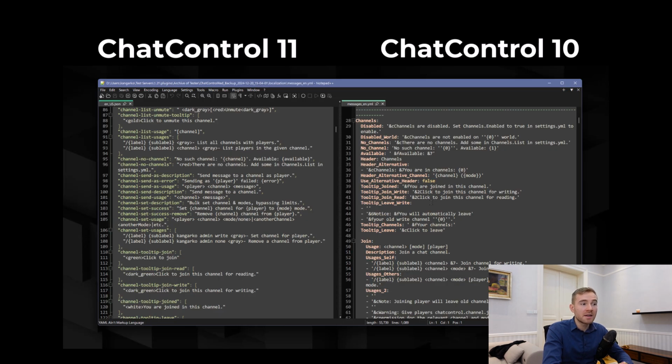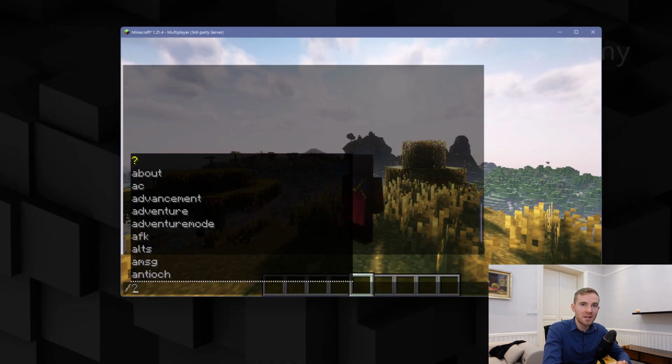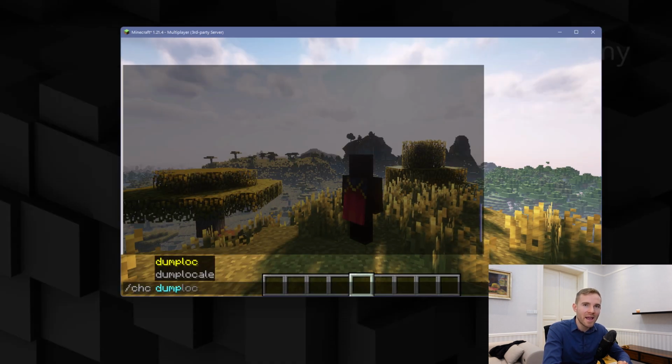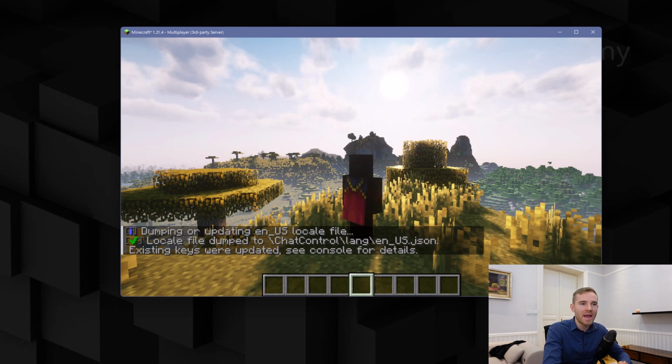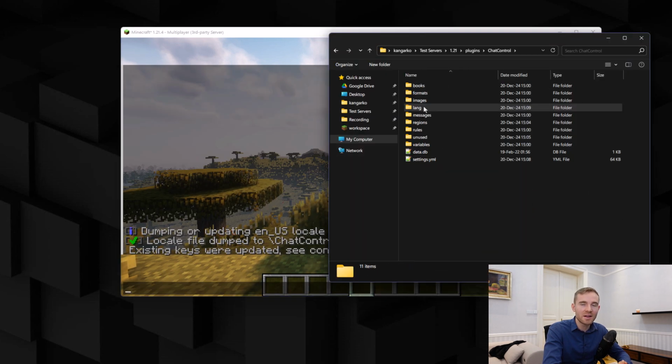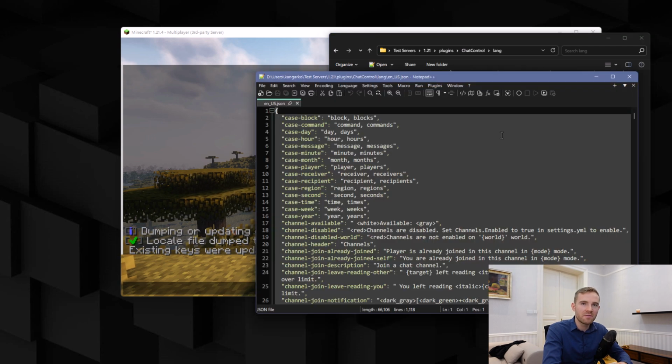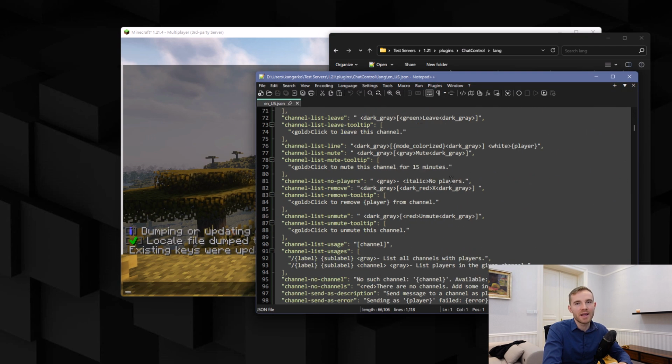Now, the only thing that is not migrated is the language files, simply because the format is completely different between the 10th and the 11th version. To get the new language file, simply go in the game, type in /chatcontrol dump locale, and the new folder called lang will appear, in which a new JSON file will be made,